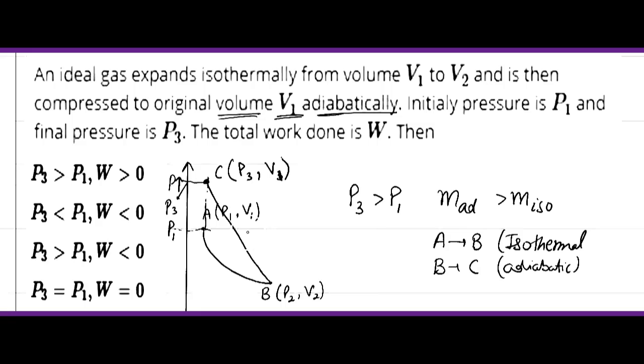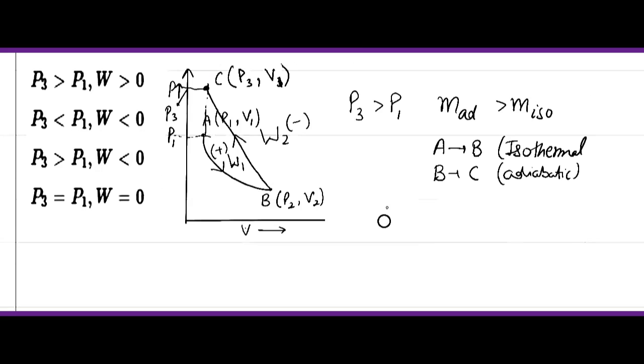And what about the work? Now you are seeing W2, and suppose this is W1. W1 is positive and W2 is negative because in W1 the gas is expanding. So work done by the system is positive and work done on the system is negative. W1 is positive and W2 is negative. And magnitude wise, W2 is greater than W1